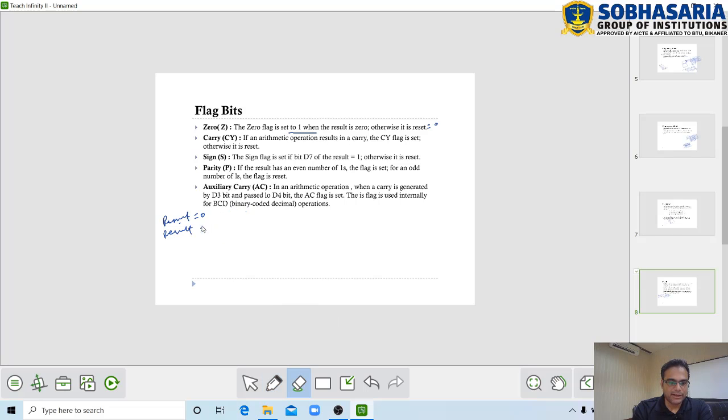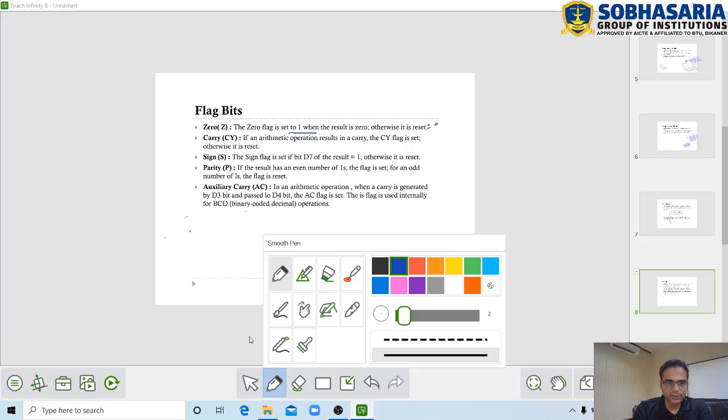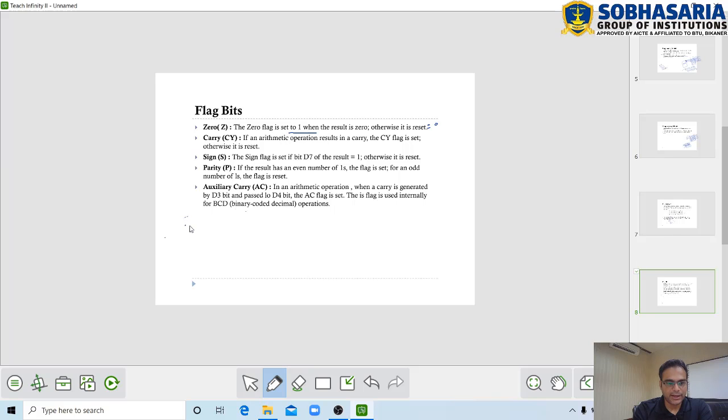Next one is the carry flag. As the name suggests, this is a carry flag which keeps track of carry. Suppose the microprocessor is performing some operation wherein a carry is generated from the MSB of a byte.